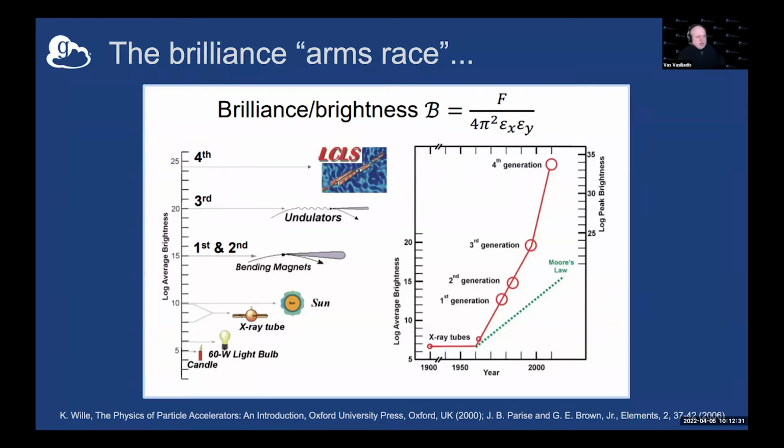So you've seen Moore's law, you've seen the genome sequencing, all the wonderful hockey stick or exponential curves. Well, this is the brilliance arms race. This is showing the intensity of the light sources over the various generations. And you can see here the timeline, how in about 4 decades, we've gone many orders of magnitude brighter. And what that really means for us as people that are supporting research done with these light sources is basically more data, much more data at much higher velocities,